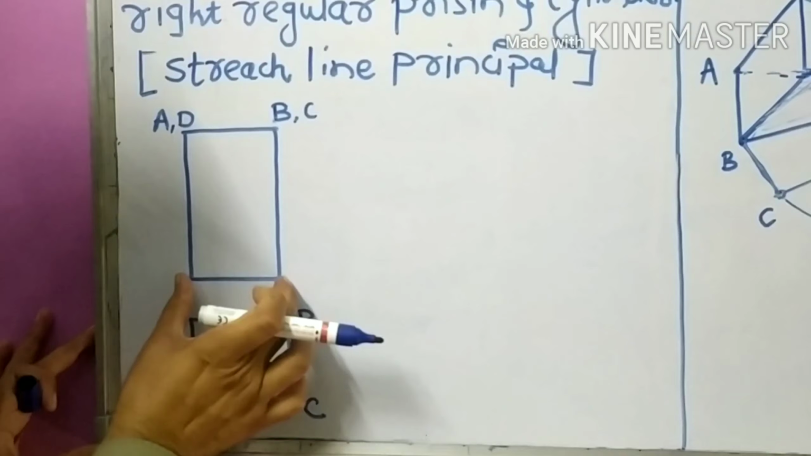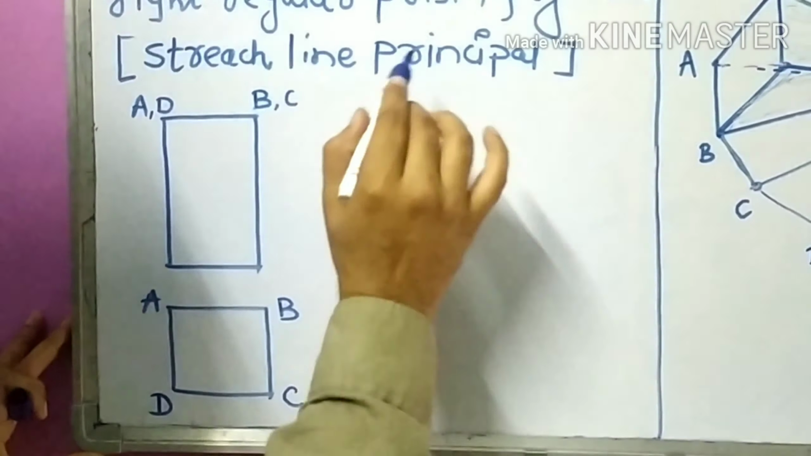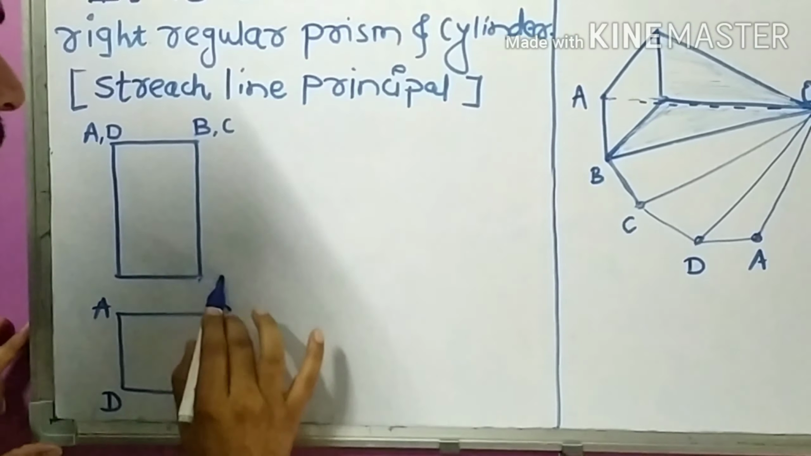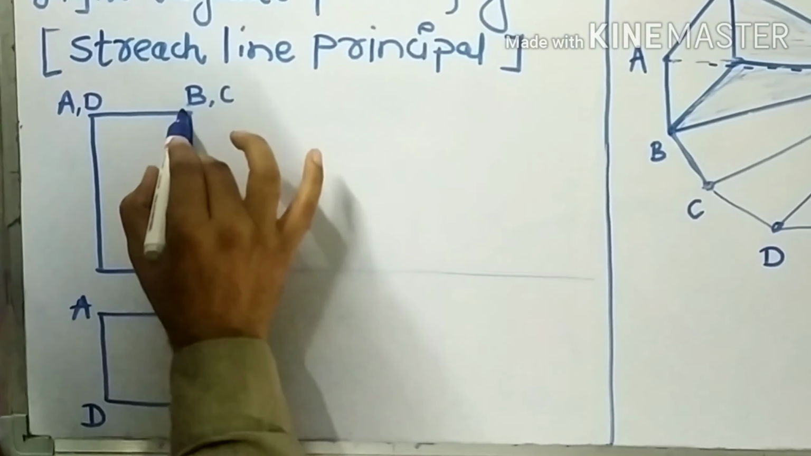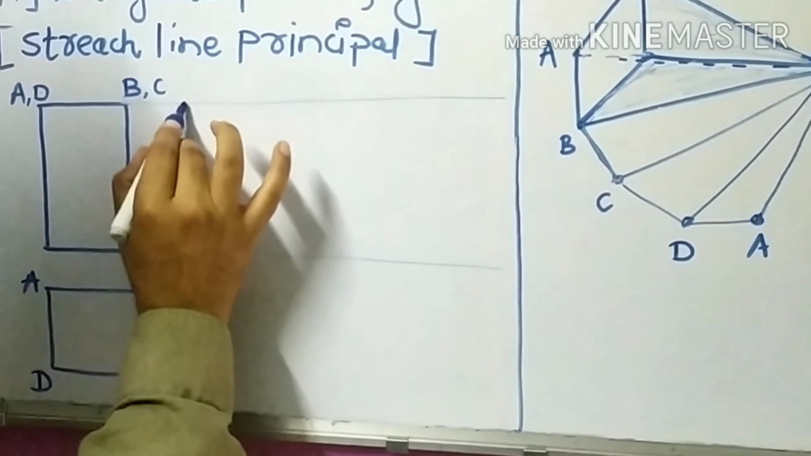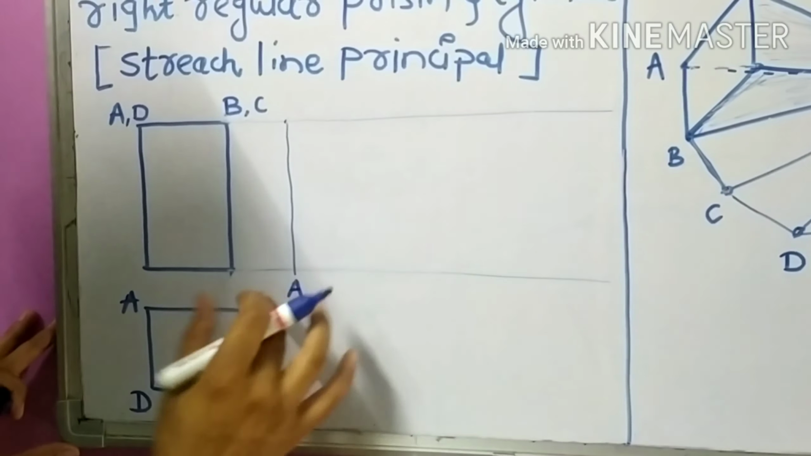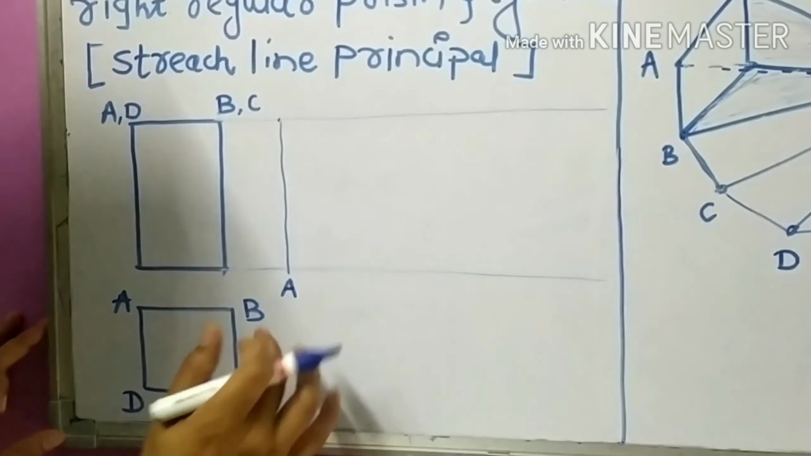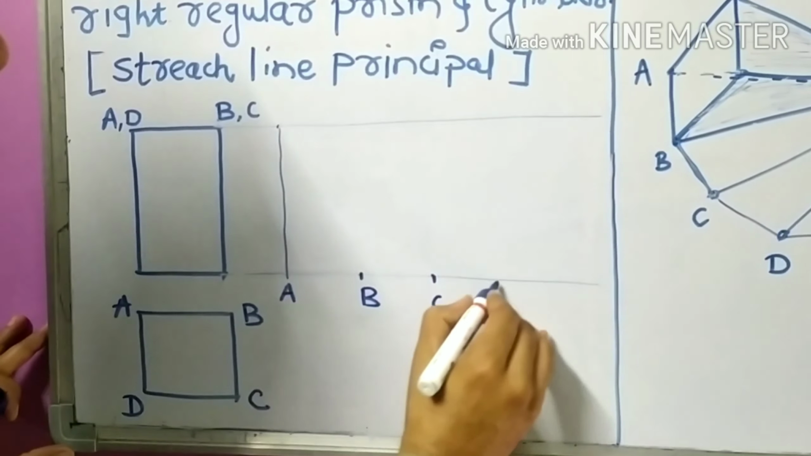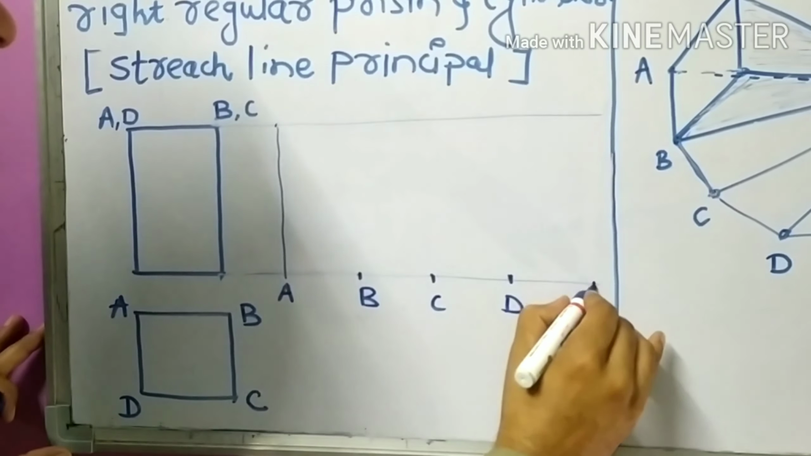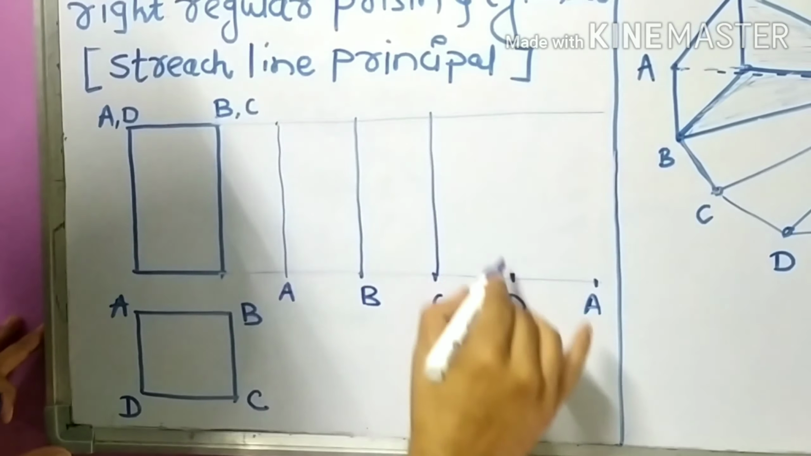Here I have drawn the front view of the prism, and this is the top view of the prism. What exactly is the meaning of the stretch line principle? Draw one line from the base, and again draw one line from the top side, so I have to draw one parallel line. Let's say this is point A, then take distances equal to the side of the prism: this is B, this is C, this is D, and again A. And if I draw this line straight,